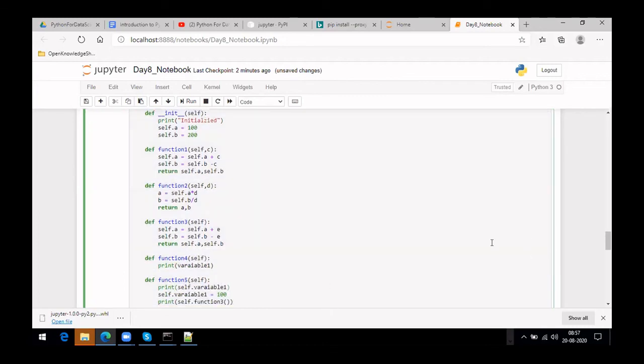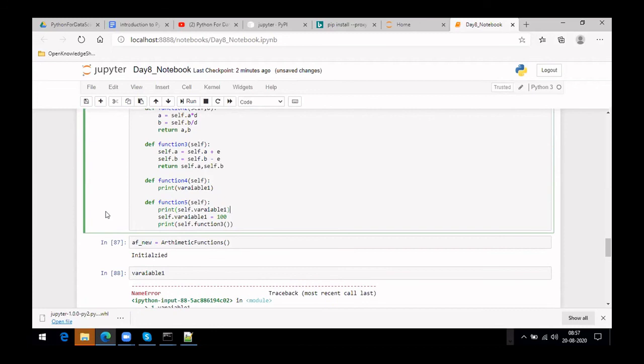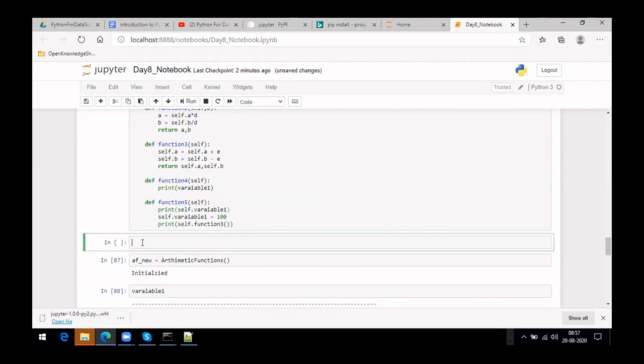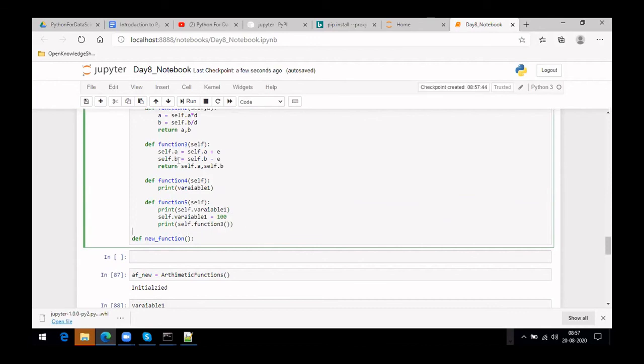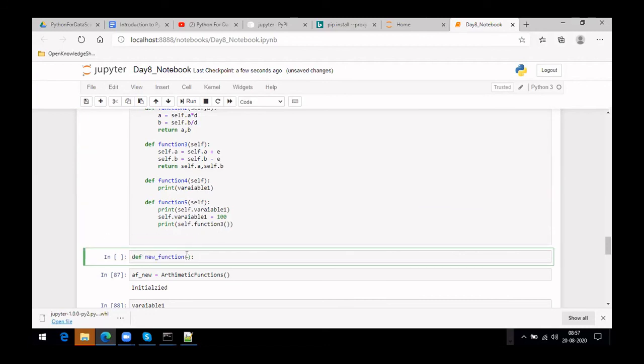Okay. And if there is a function which is beyond this class, in the sense, suppose function three is in a different class. Let me do it. Let it be outside, just like a new function. Okay, something like this. This is outside. This is nothing related to the class. It's completely outside the class. So you want to access something here, like A and B. Yes. But I'm not passing them as parameters. Then it won't be accessible.